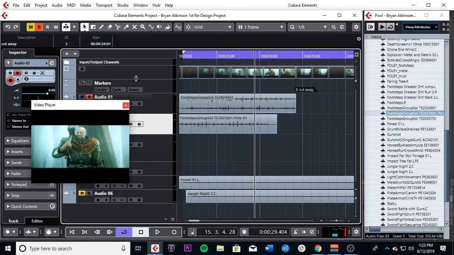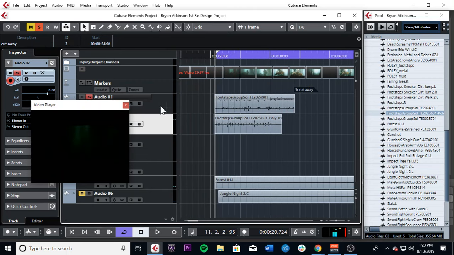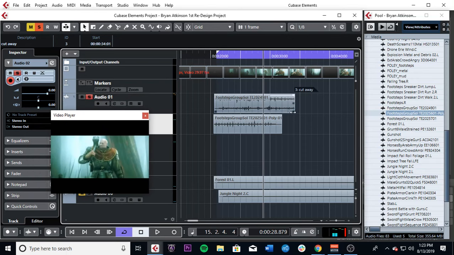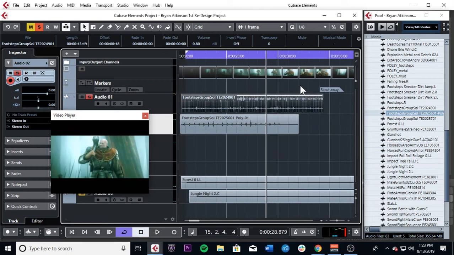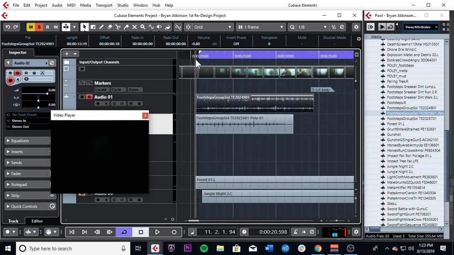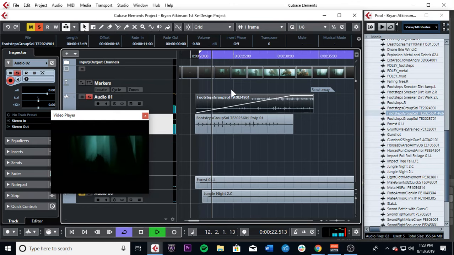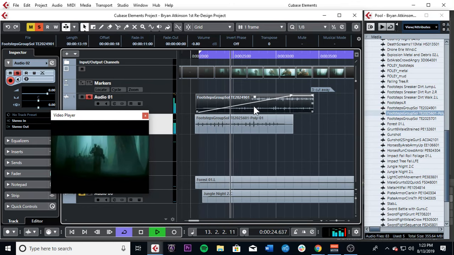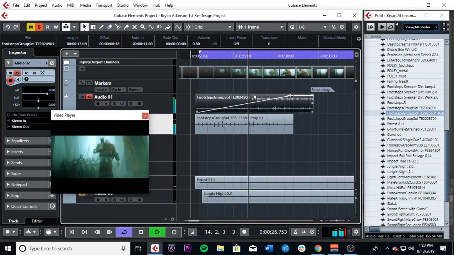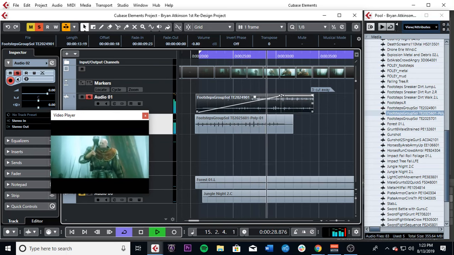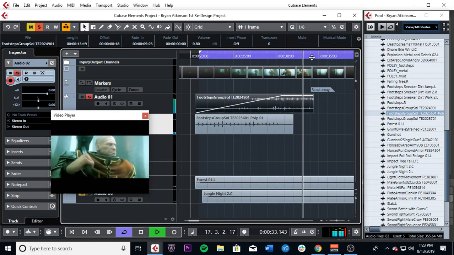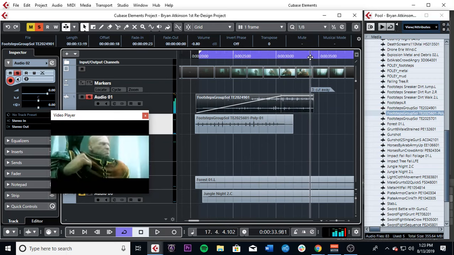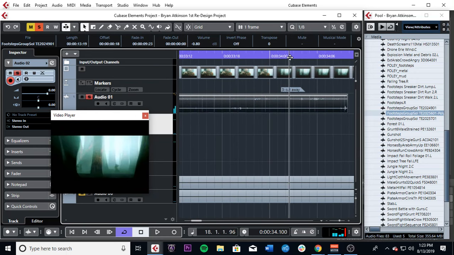Cut away. All right, so let's do one at a time. So this one, we're going to cut that away about right there. So let's say we want to fade this up. Okay, we're getting somewhere. Now what we want to do,